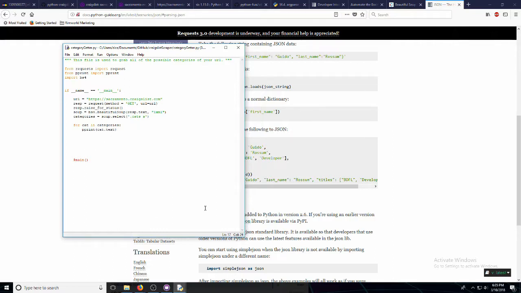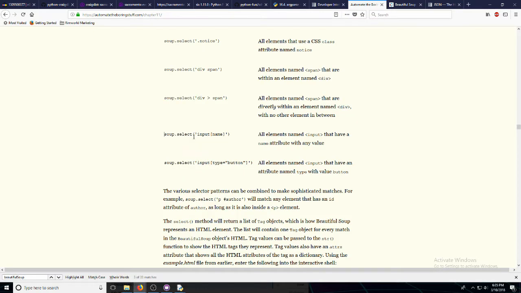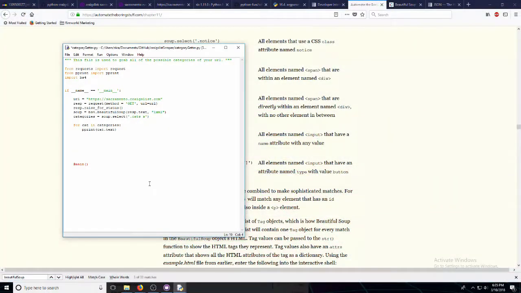But we're not done yet grabbing everything here, because I also want to store all the links to them too. So what can we do here? What are all the var of